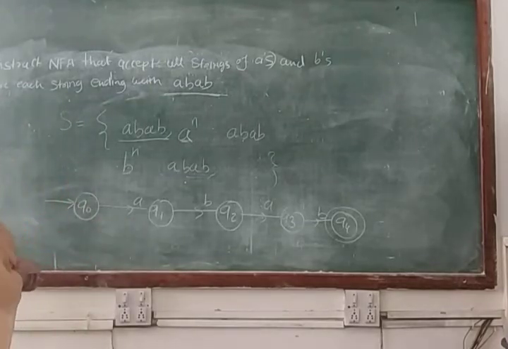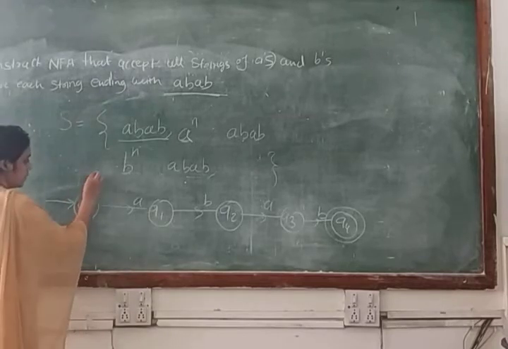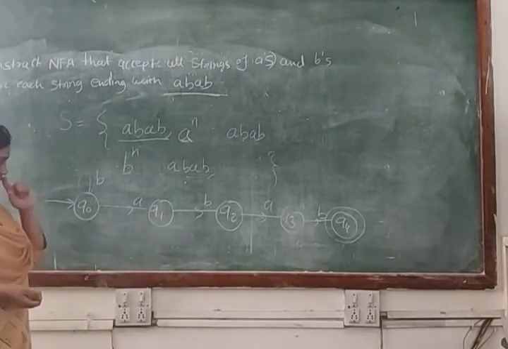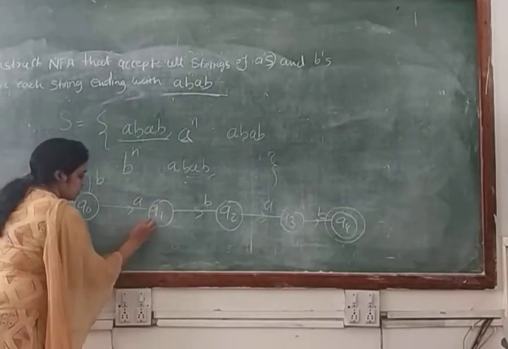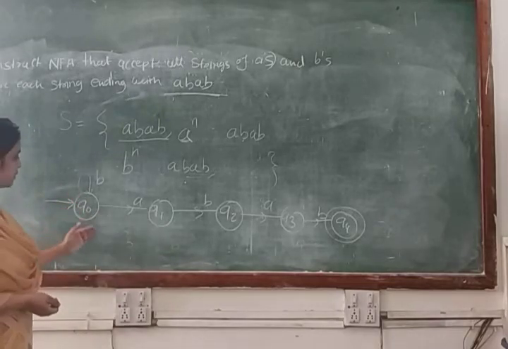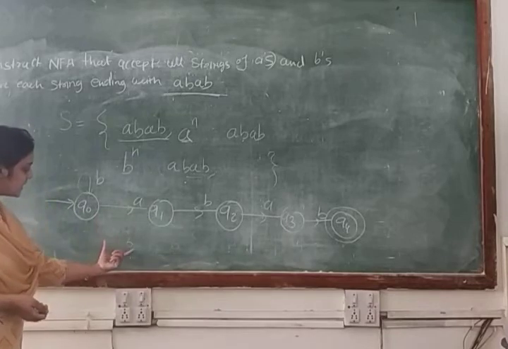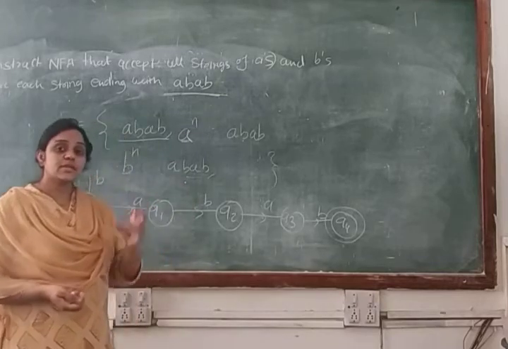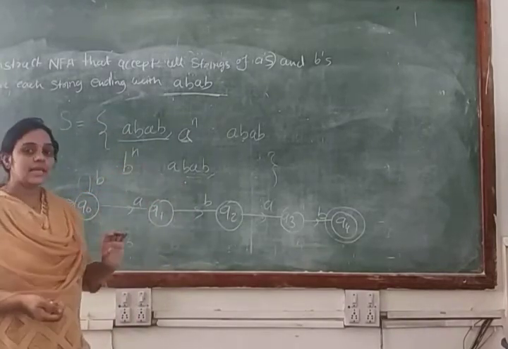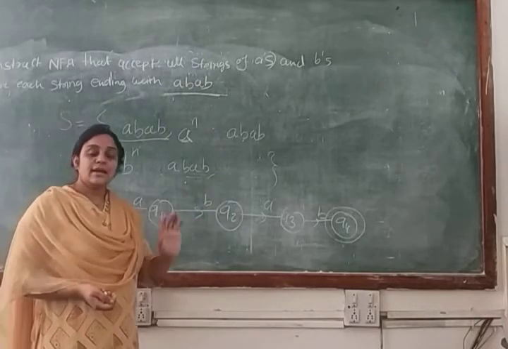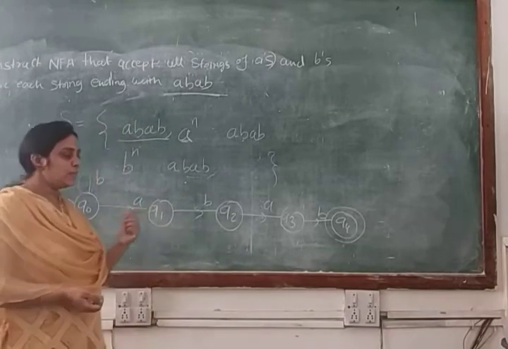Then how will you make a condition for input symbol B? You will make a self loop for input symbol B, because if you are making a condition from Q0 to Q1, in that case your machine will accept this. The dotted line basically represents the assumption. If you are making a condition for the input symbol B from the state Q0 to Q1, in that case your machine can accept BBAB, this string. And this string is not part of your language, because what is the smallest string of your language? The smallest string of your language is ABAB. So if we are making the condition like that, your machine can accept BBAB.